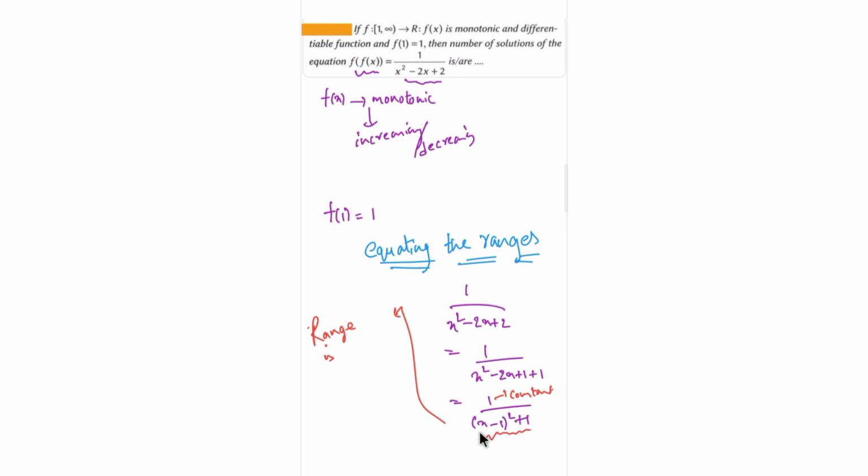The minimum value this part can take is 0, isn't it? When you put x equal to 1, you get that to be 0, that's the minimum value. And for any value other than x equal to 1, you get some positive value, which is of course greater than 0, because it's a square term. So the minimum value is 0.